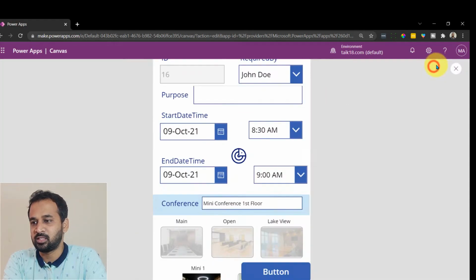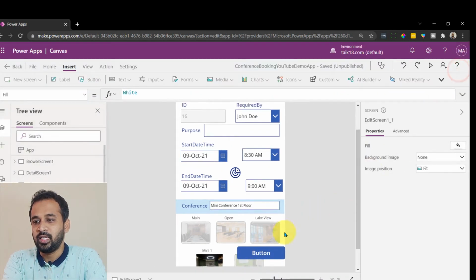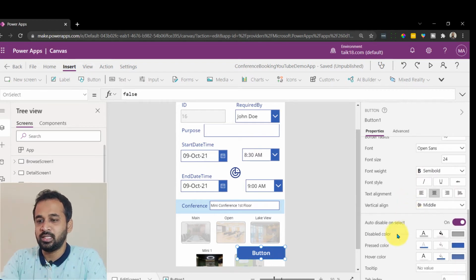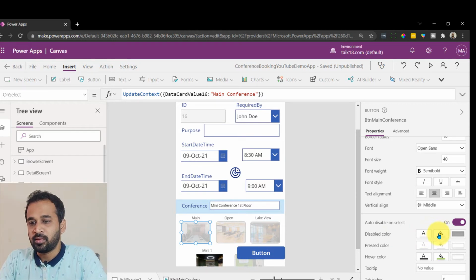Because if I run this application, for example, right now this is blue and white, right? If I click here, it changes to white and blue, right? So that's the reason I need to change all these colors to a different one. What I changed here, if I select any of the buttons, is the disabled color, the font color, to be transparent, because I don't need to show any kind of font inside when it is disabled, right?